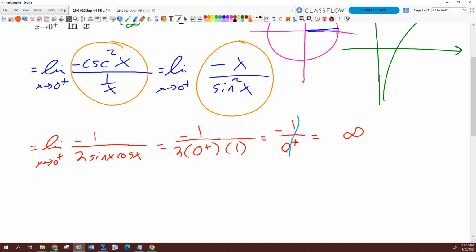So that part right there gives me an infinity, and this part, negative divided by positive, gives me negative, right? Done. Okay. So we had to do 2 iterations of L'Hopital's rule, but we got our answer. Okay? All right, so next